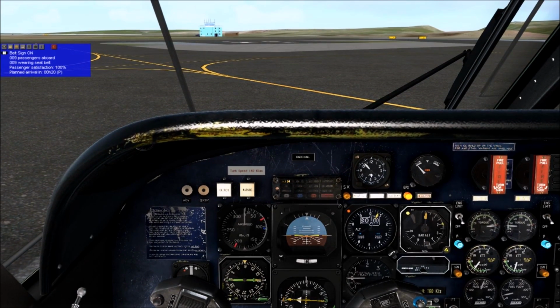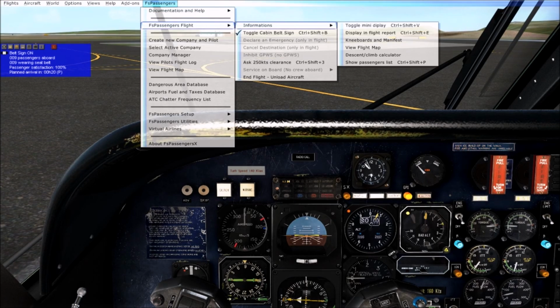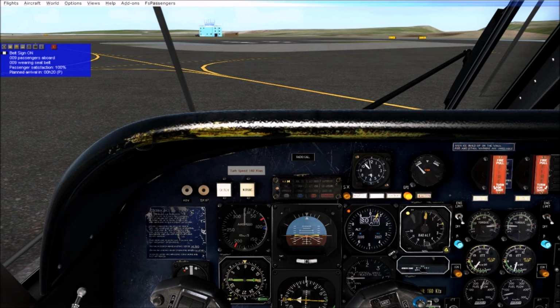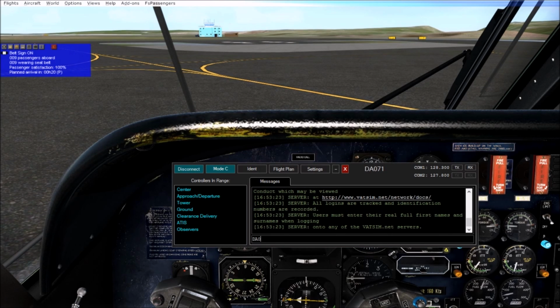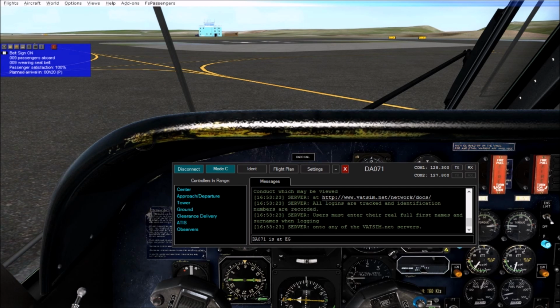So let's go to VATSIM, actually load it up. Once it loads up in the background, let's go to FS Passengers, get our flight number, 071. So there you go, VATSIM's loaded, connect, Delta Alpha 071, connect, Delta Alpha 071 is at Echo Golf Papa Alpha,